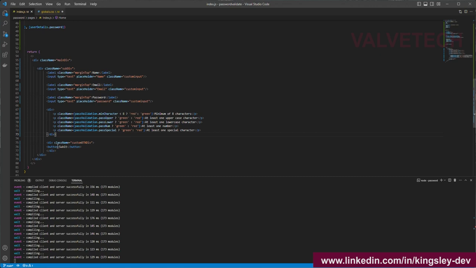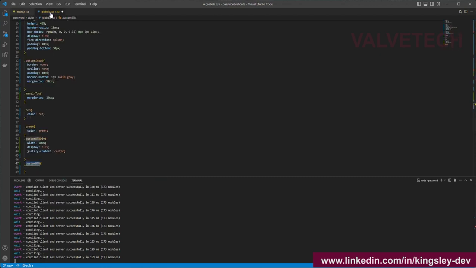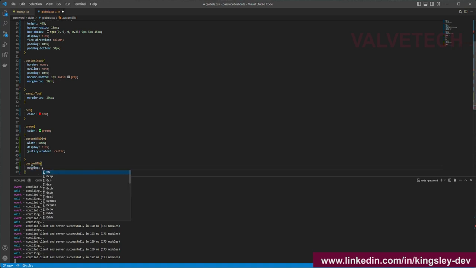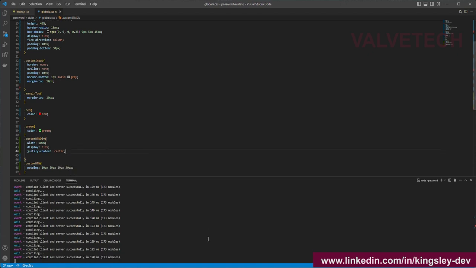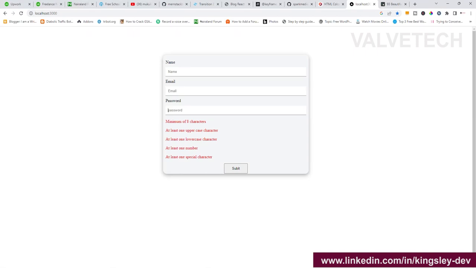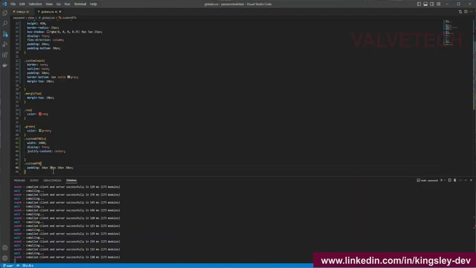So the button can have a class name of this, because this source code will be made available for you, so I'm just trying to make it look a little bit basic. So here we can say padding, we're interested in up to be around 10 pixel, right should be 30 pixel, down should be 10 pixel, the left should be 30 pixel. If you check it now, okay, or something like this, I can increase, let me see,